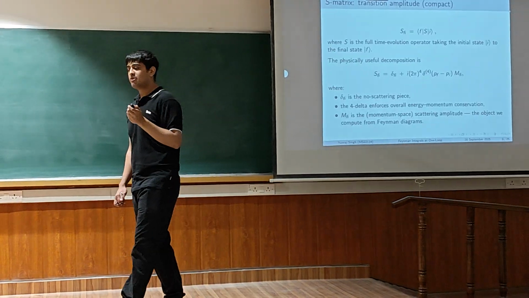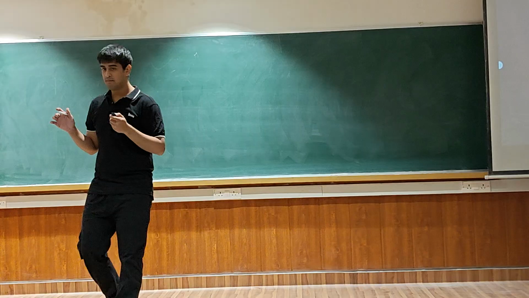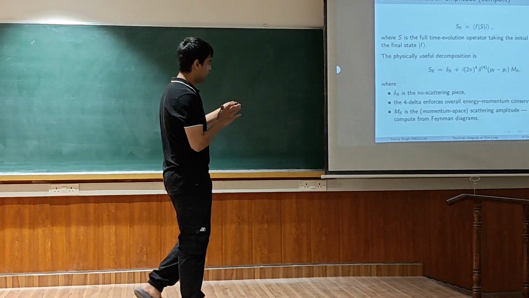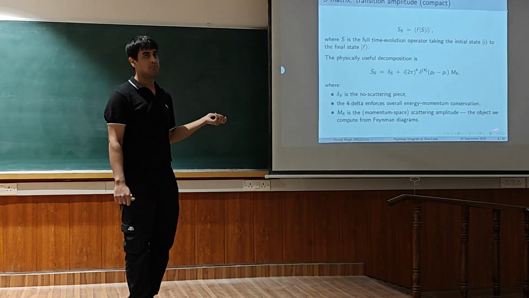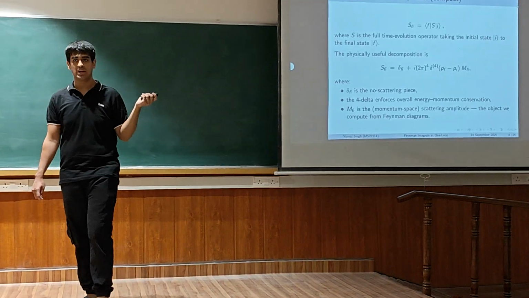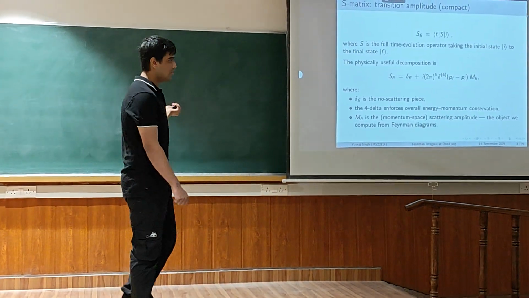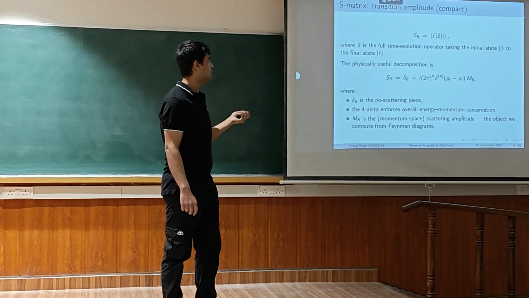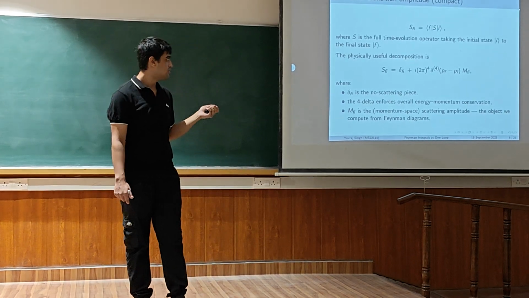I'll just give you a brief idea of how we connect this to our Feynman diagrams. The maths is very large, so we will focus on the results that we have. So this is our S matrix. This is basically the time evolution operator of how the states evolve, e raised to the power minus iHt, where H is the overall interaction Hamiltonian. So this S matrix basically defines the transition probability of my state going from the initial state I to the final state F.